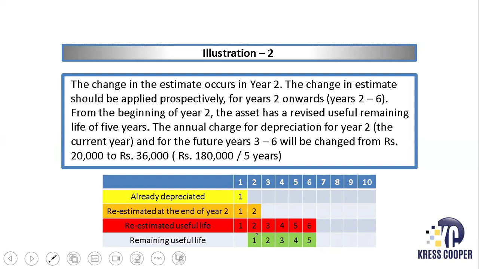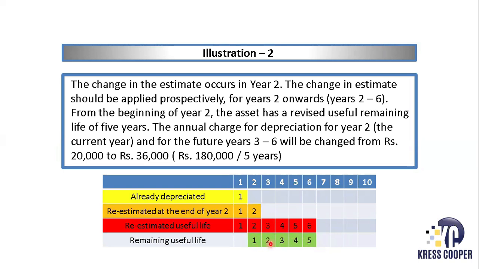Okay, and we assume that it started from the very first day, no proportionate calculation. Mostly what happens is that if the useful life is being changed, supposedly after 1 year, and it's saying that its remaining life is 4 years,